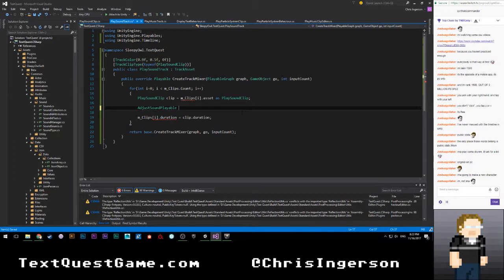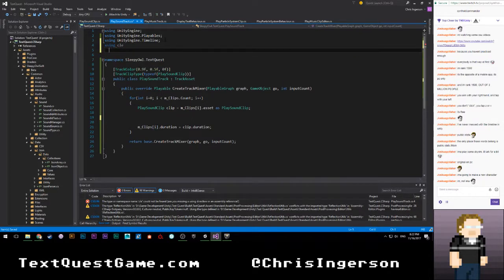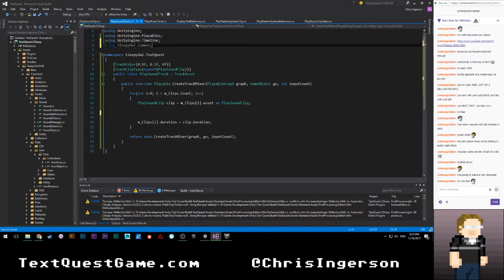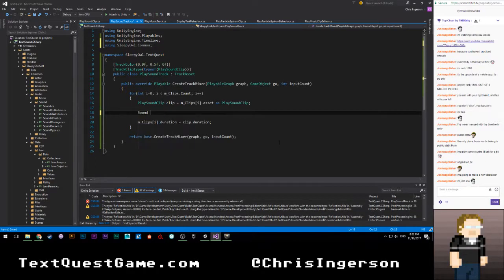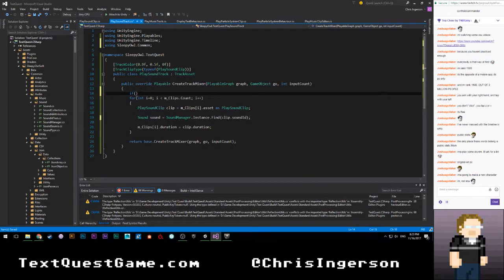So, we're going to adjust sound playable. That is not at all what I was looking for. But that's probably because I'm not using sleepyowl.common. And we're going to go ahead and say sound is equal to sound manager dot instance dot find, and then clip dot sound ID. All right, and all of this is actually going to be predicated on if sound manager dot